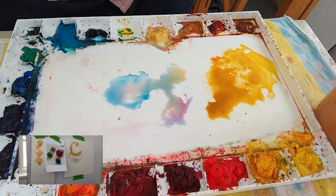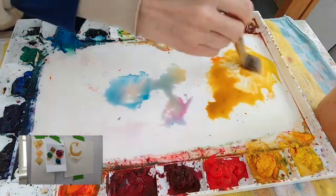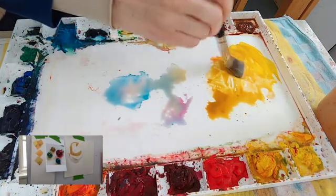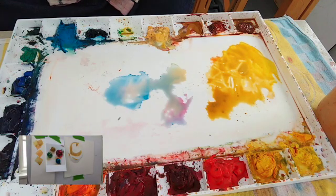Let's see. It could be that the footage of the palette doesn't match up. Okay, there we go. There's a test dab. And I'm putting that next to the dark test dab. And okay, I say that's good. Yep, see them together? Definitely that one's darker than the other one. That's what I wanted. So now I can go ahead and put the rest of the yellow on that ball